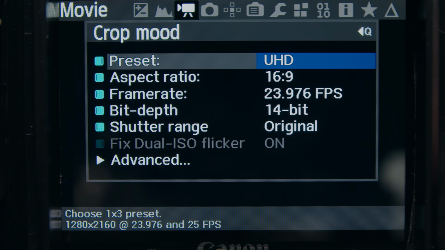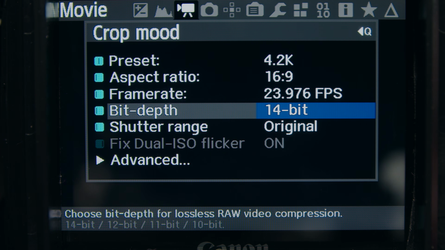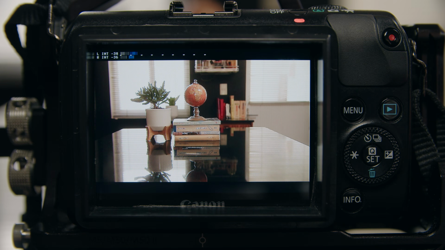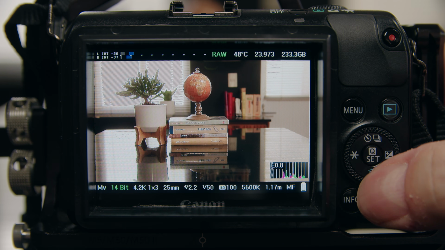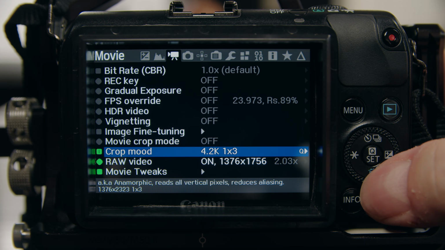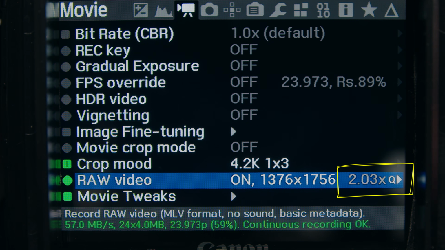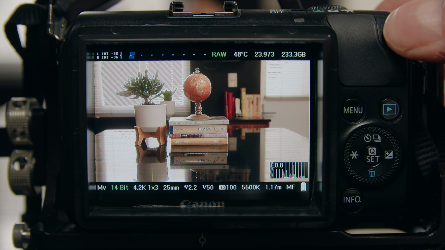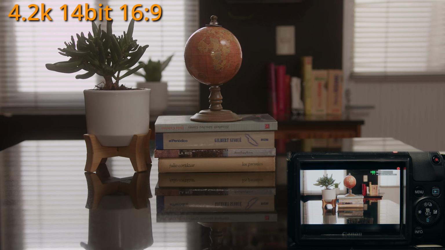For this we'll set 4.2K 16:9 14-bit. Here the crop factor is about 2. Green without problems.